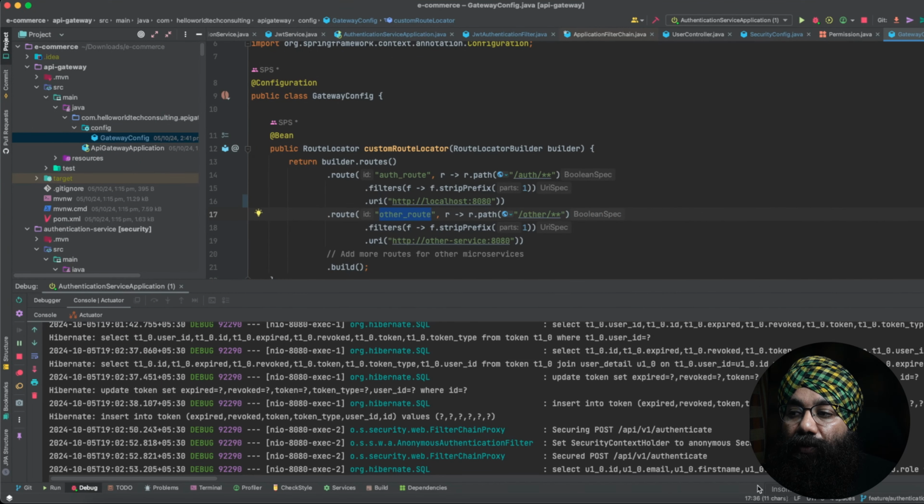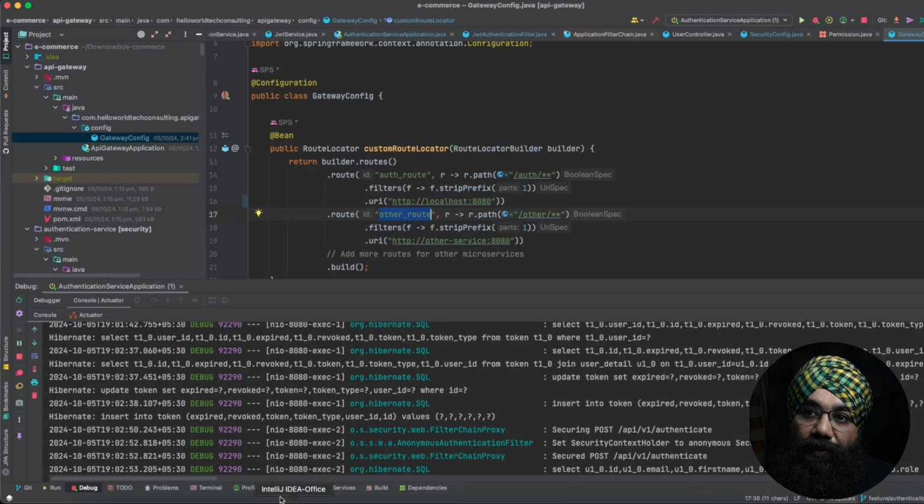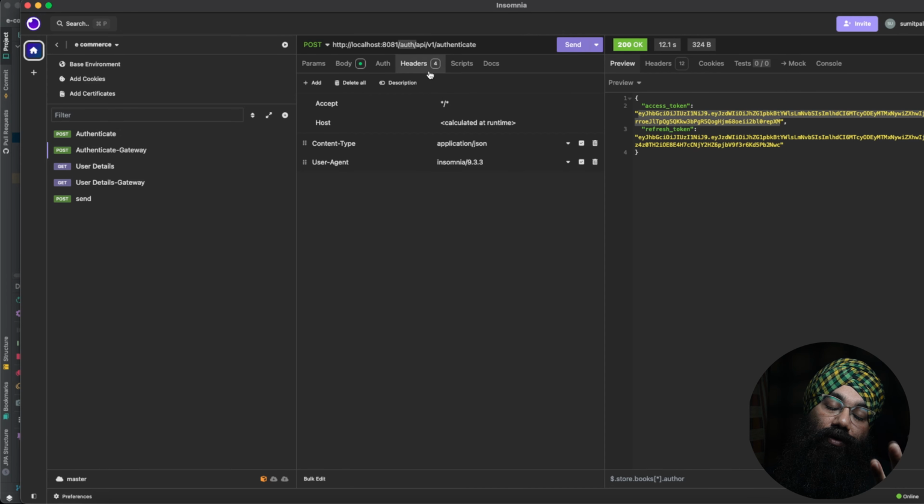So whatever endpoints we called here directly for the authentication service, we can call them indirectly using the API gateway as well. So the API gateway, we have configured it to run on port 8081. We pass this auth at the beginning of our URL to signify that we want to use the authentication service, which we have configured in this route for our authentication service. Okay, so if we see here, a similar authentication we can call on 8081, which is a separate microservice, the API gateway. If we call this,